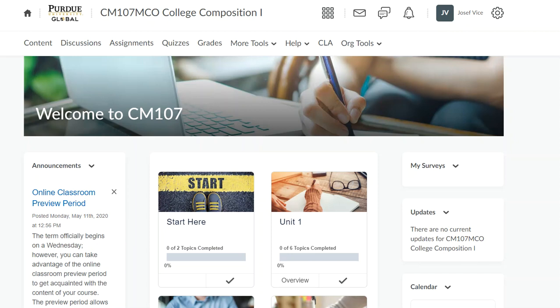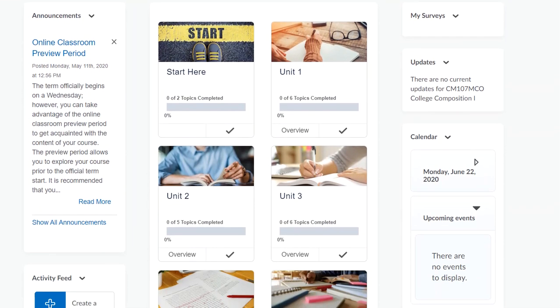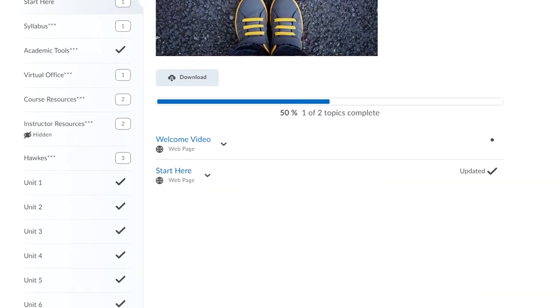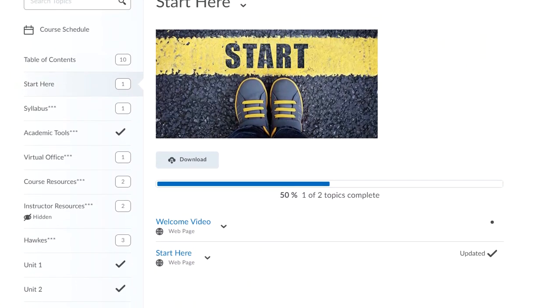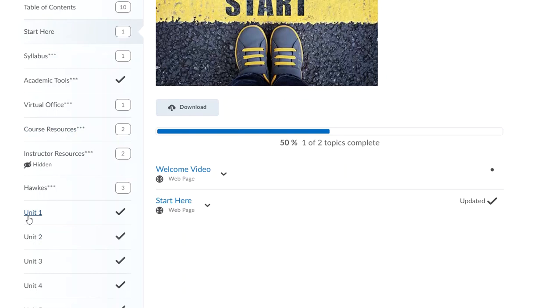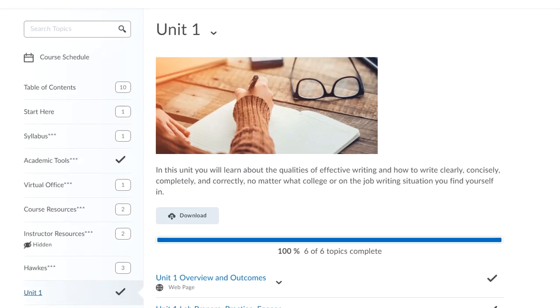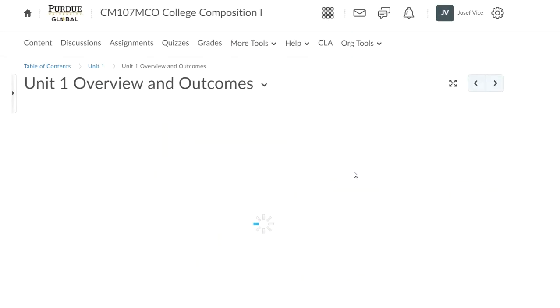But it's a big change, and one of the things that you'll notice is that it looks very different. I'm assuming you can see that because when you open up the home page, you see these tiles. Unit by unit. So the student clicks into the course, and like normal, you get your course home with your start page and your videos and your welcome information. We've got some really good time management material there, but look at how the course looks different once you actually click into it. If you click into Unit 1, for example, you see these pretty pictures as normal, but